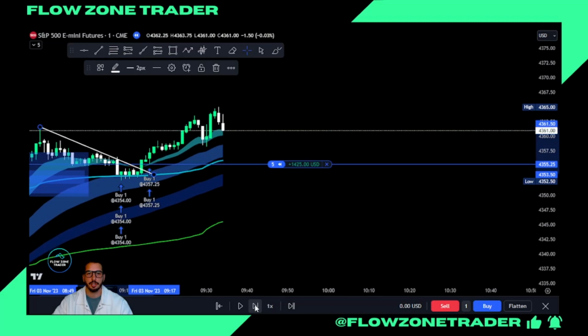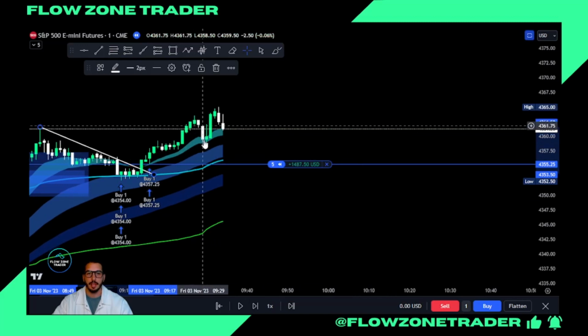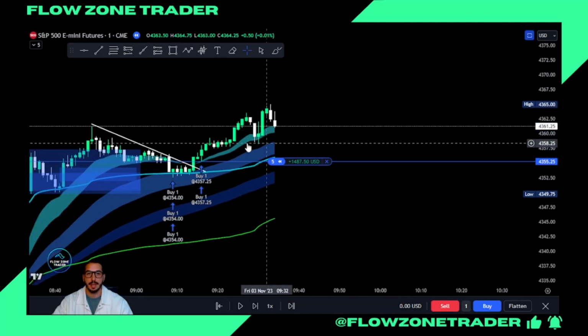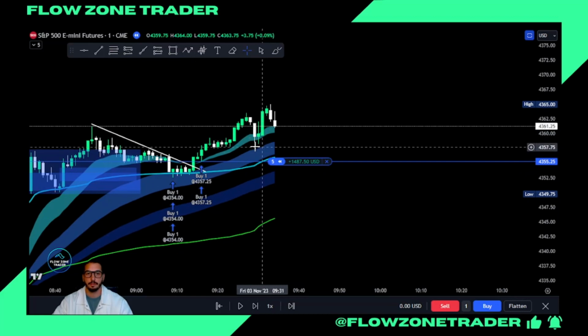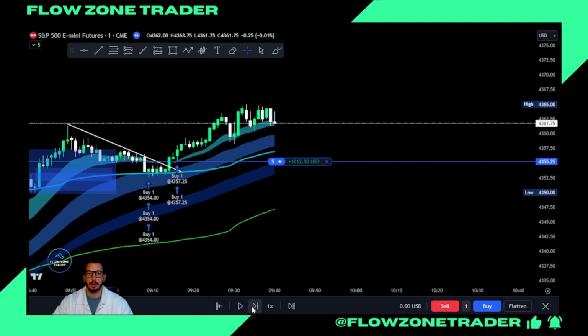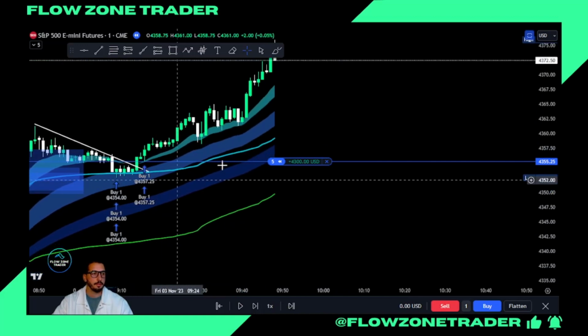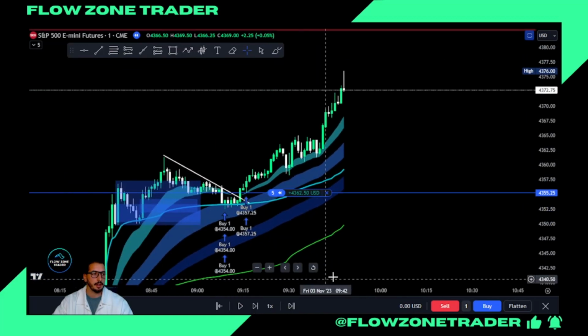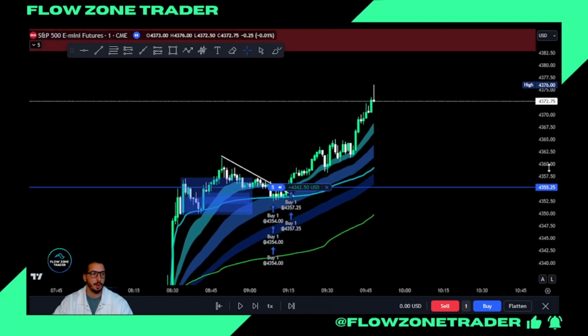All right, there's your break of structure, return back in. Okay, so break, retest, you could have re-added in here if you wanted. Notice holding the flow zones. Okay, and we are looking for that drive up towards supply. That's the area that we're looking for. Everyone knows how I like to trade. I like to get some off and then hold. So where would I get some off?